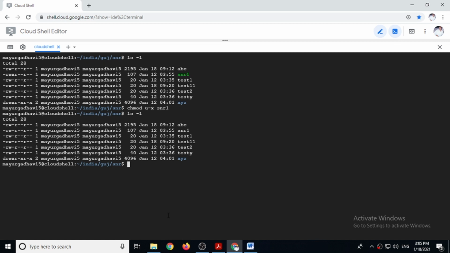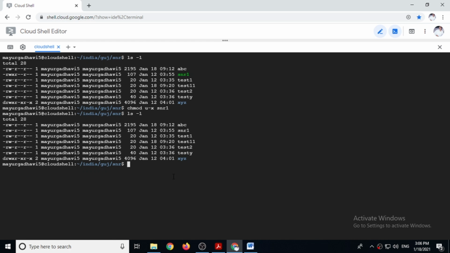Relative method already we have used, that is relative. So say for example for snr1, now we want to give w permission to others and group. So for all users we need to give write permission.